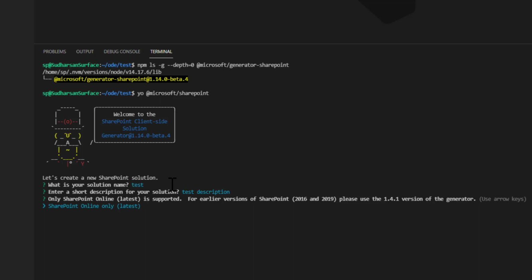And I hope you all are aware, I think from 1.12.1 or 1.13, the SharePoint Framework version supports only SharePoint Online. So if you want to develop framework web parts for on-premises, then better you can use 1.10. From 1.4.1 until 1.10 you can use it.